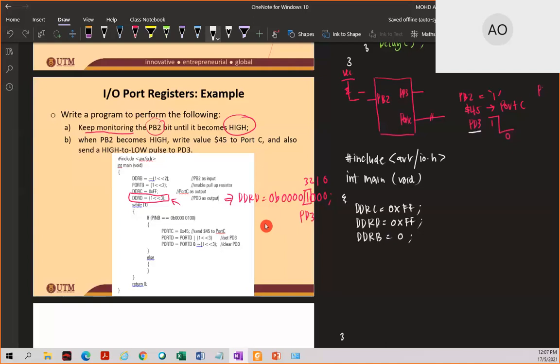Okay, if you don't want to do that, you can simply write something like this. Only port B, which is PB2, becomes input. DDRB equal to tilde. What is tilde? You're going to invert. Shift 1 to the left. How many times? 2 times. Actually, this is equivalent to DDRB equal to